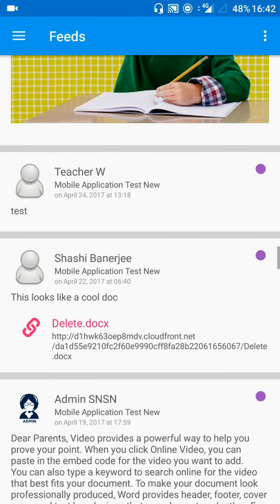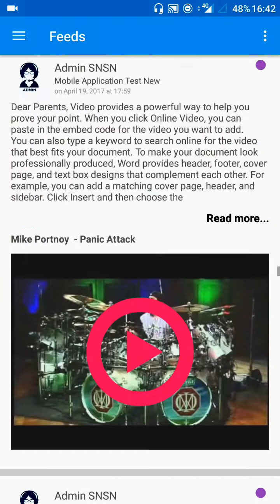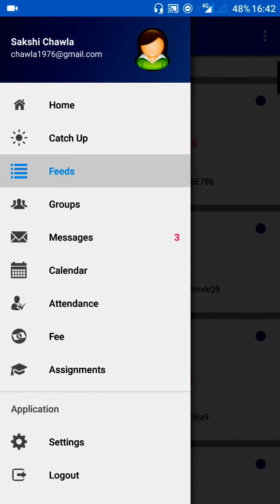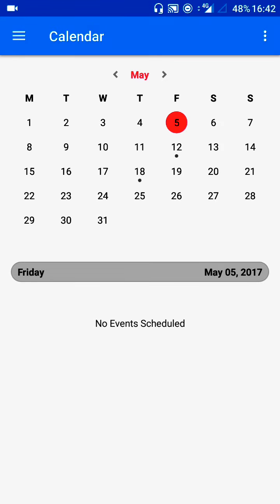I can have some images, I can have some videos that I can play. So that's basically my feeds, which is an aggregate of all the groups coming together. Next is my calendar. If I click on calendar, now you would see there are a couple of dots below